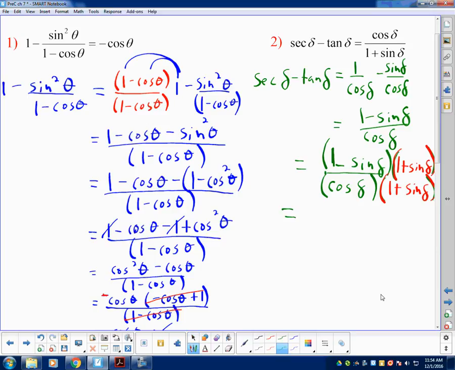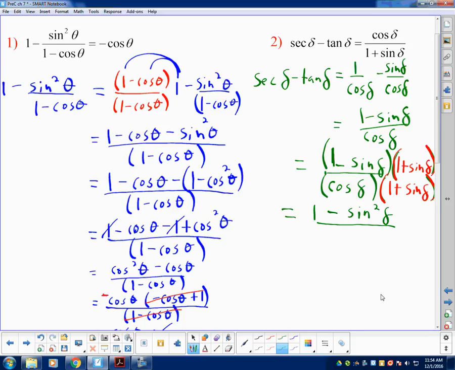If I distribute here, what's the top going to be? Do you see what it'll be? What's the first term going to be? 1. What are the middle terms? What's going to happen to the middle terms? And what's the last term going to be? And on the bottom,